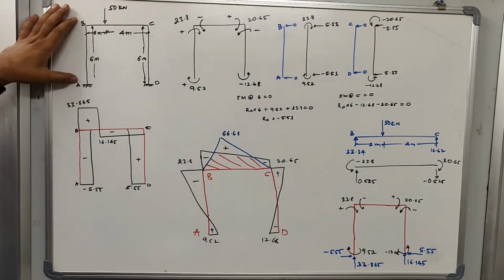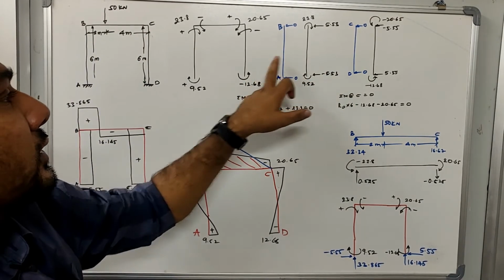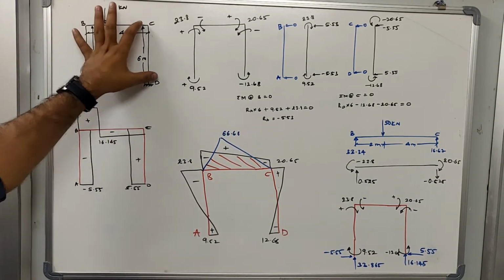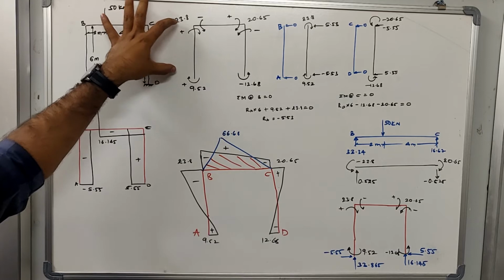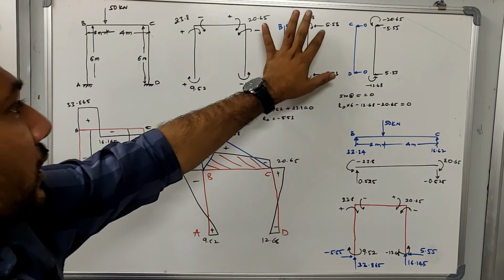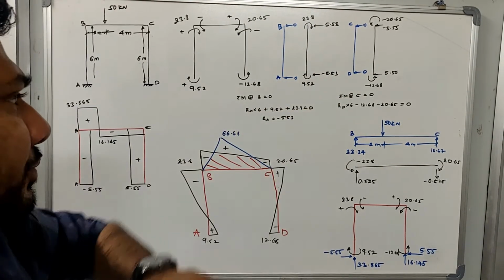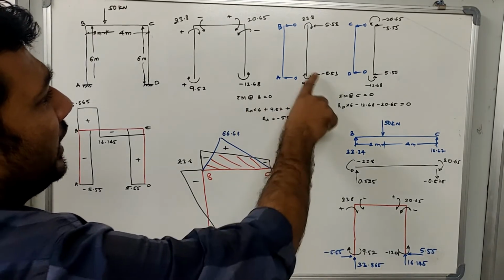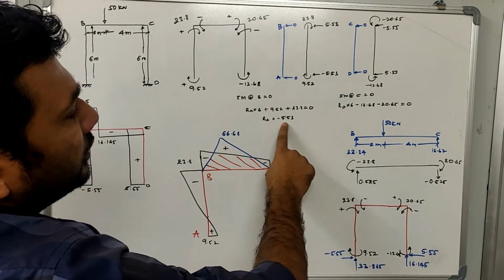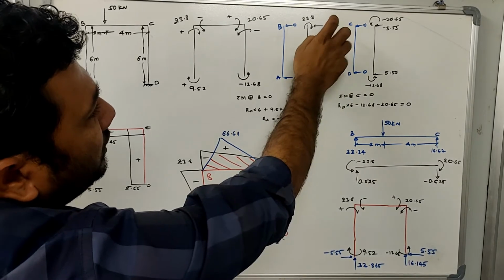So this is member AB, member CD. As you know, there are no external loads, because of that there are no reactions developed because of external loads. Now there are moments acting on AB and CD. On AB we have 23.8 and 9.52, which are both in clockwise direction. I have written an equation over here to calculate RA. RA into 6 plus 9.52 plus 23.8 is equal to 0. RA is equal to minus 5.53. So if this is minus 5.53, this will be plus 5.53.